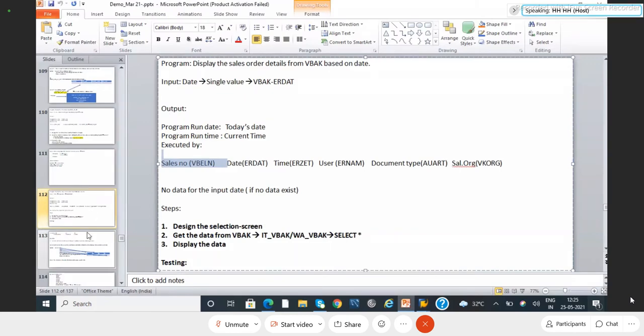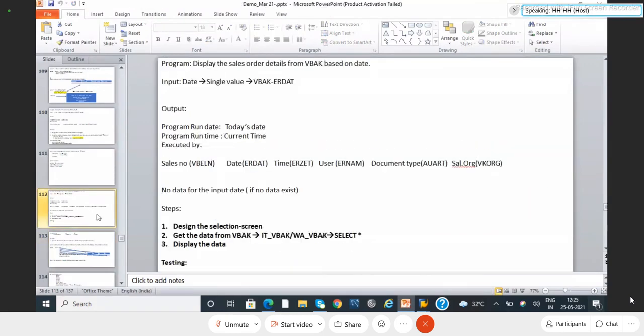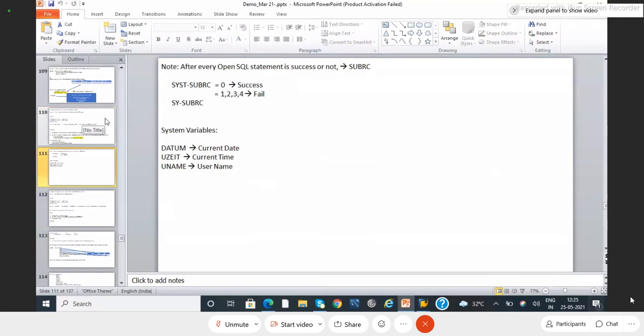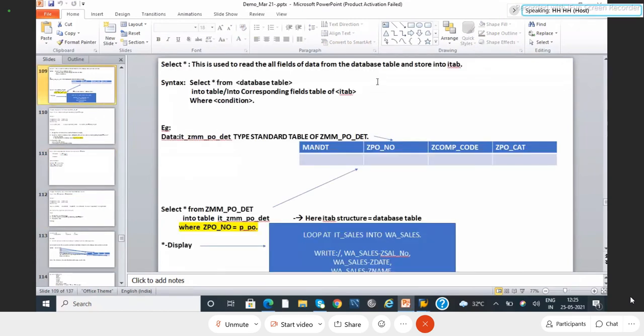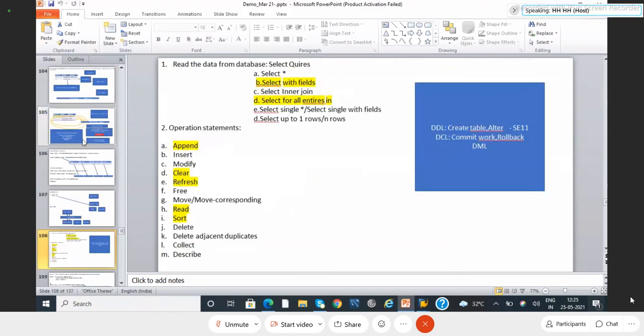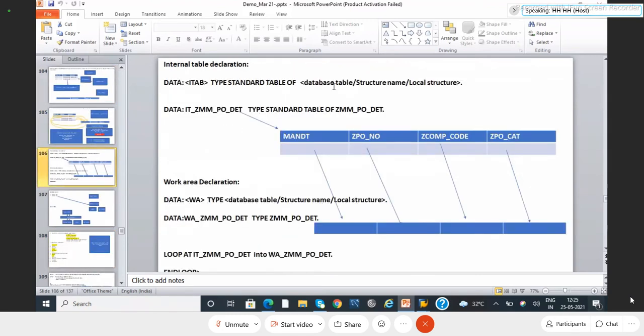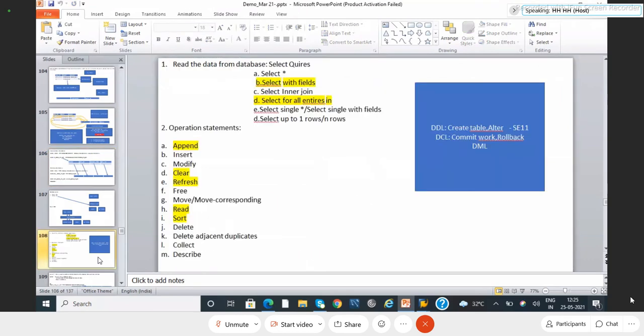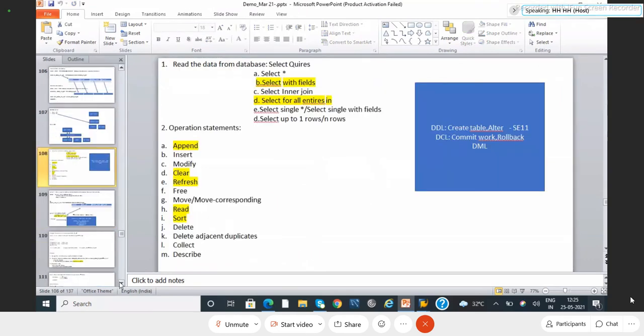We can see that in the back end. In my internal table declaration you can see here: database table, structure name, local structure. Why am I using this? Because I am getting all the fields data here, and there is no other structure for all the fields.